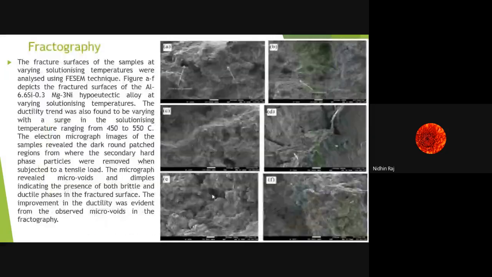Now, moving on, we have also carried out the fractography study here. The figure shows the fractured surfaces of aluminum, 6.6 silicon, 0.3 Mg, 3 nickel hypoeutectic alloy, exactly speaking, at varying solutionizing temperatures. Now, this fractography was carried out using FESEM technique. The ductility trend here was also seen to be varying with an increase in the solutionizing temperature ranging from 450